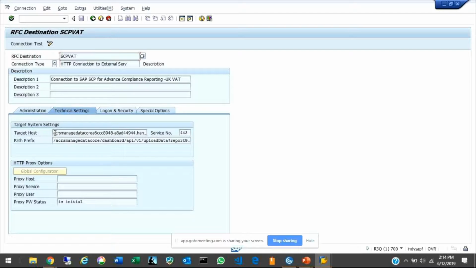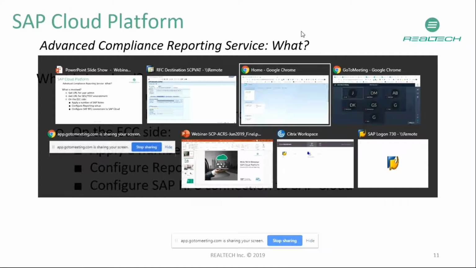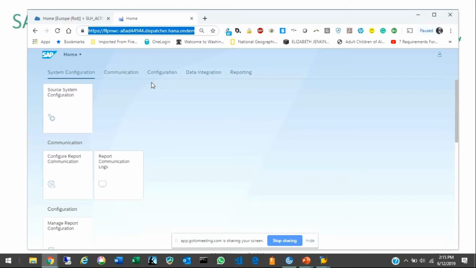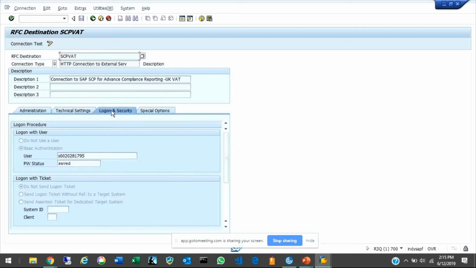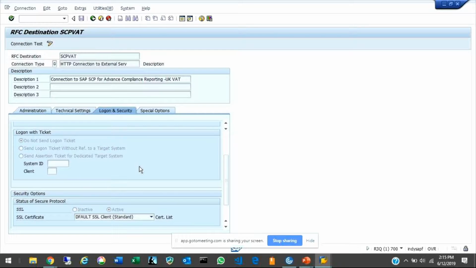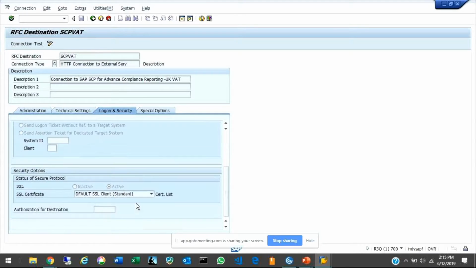Otherwise, you get confused. You will see here some really, really long URL, which, if you've paid close attention, let's see if I can get that back, is very similar to this, so that's how it all connects. All this good stuff is provided to you in the documentation. The documentation is actually pretty good, and this is the standard port. On the security side, you use, again, an ID and a password, and make sure that you scroll down and make sure that you have this activated. And to make sure, you have to implement or install under STRUST